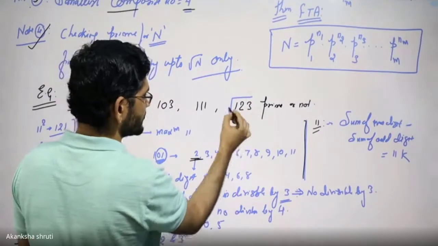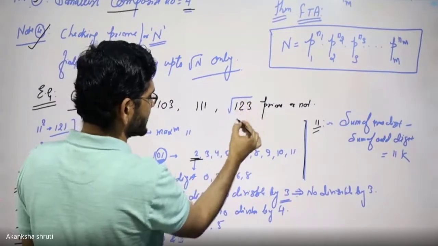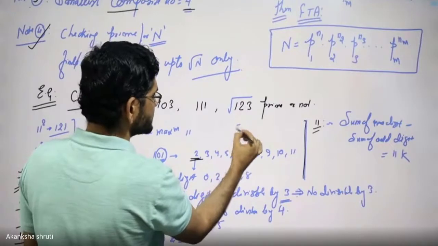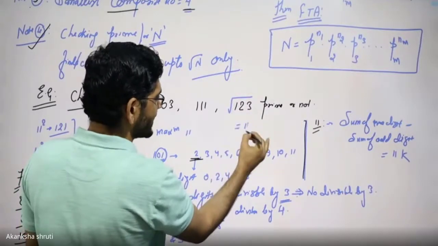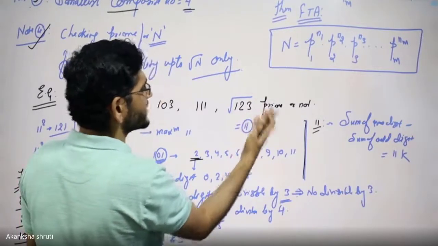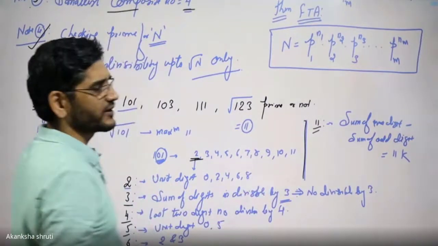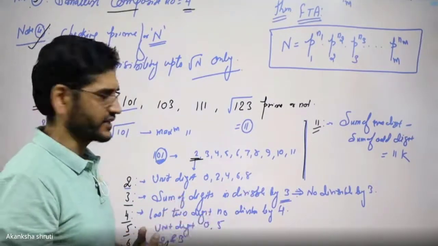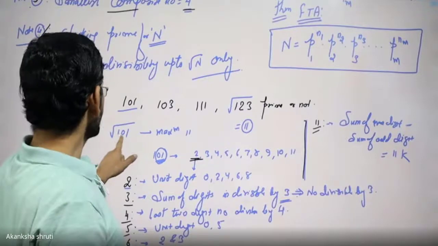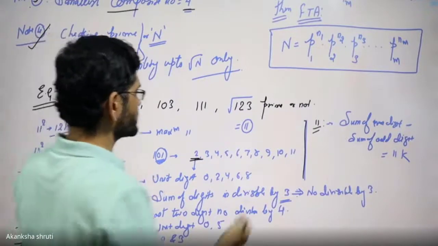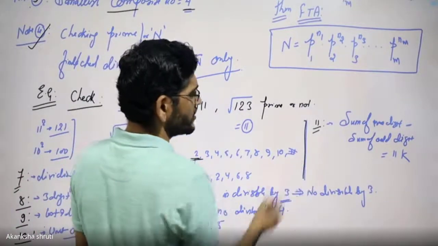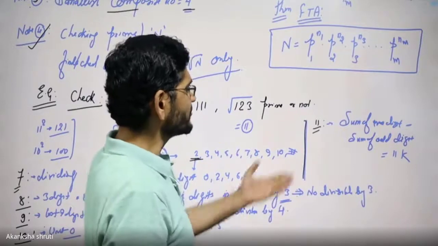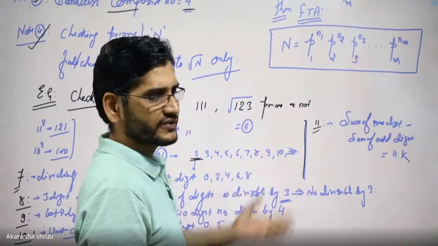or not, we shall take the square root of 123. Its nearest integer is 11. So just up to 11 you shall check, or at most 12 you can go, but 12 is even and not required. Like here, for 101 we shall go up to 10. Even 11 is not required, or at most you may go to 11. Do not even go for 11.